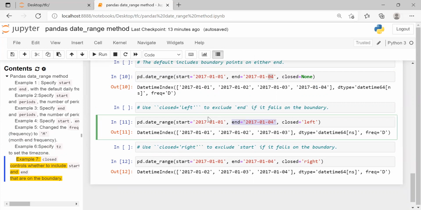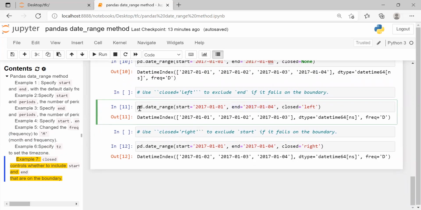If closed is equal to left, then the end date will not be included in the result. So when you run the pd.date_range function with a start date of 1st January 2017 and end date of 4th January 2017, and you give the keyword argument closed equal to left, then 4th January 2017 will not be in the result, and the gap of frequency by default will be days.